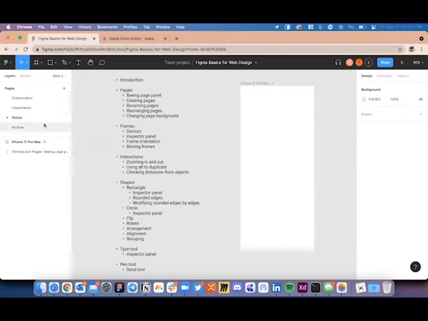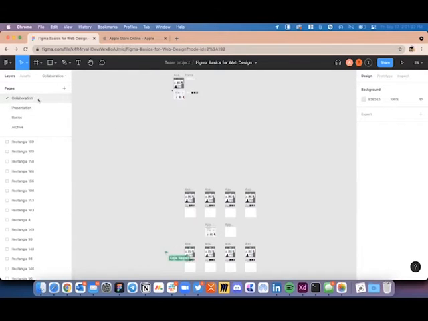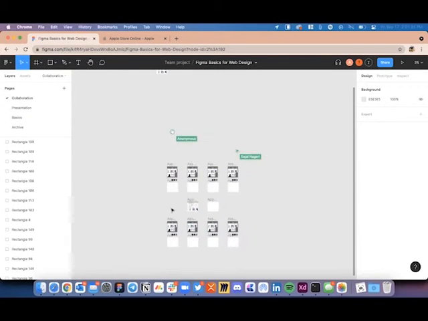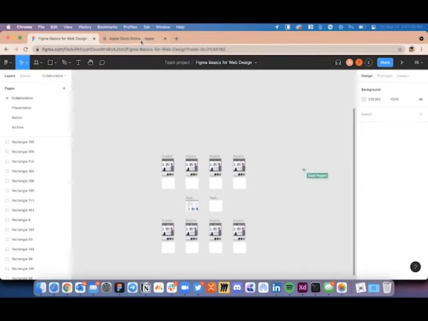You can go ahead and select the collaboration page on the left side. If you see, we have created art boards, so you can just rename one of the art boards by your name, so that when Akshay starts explaining, you all can start working on your personal art boards.